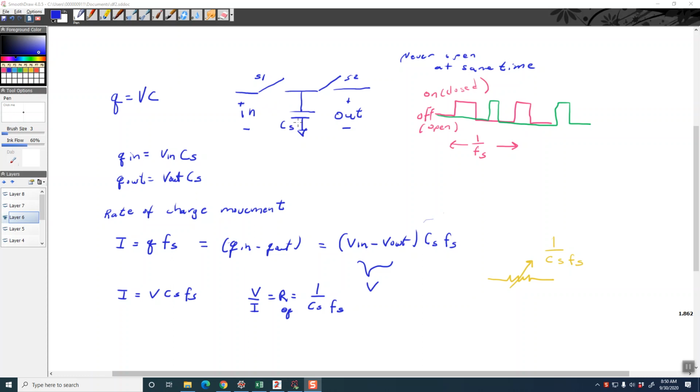And how is this done? Well, you have a capacitor and you have a switch 1 that opens and closes with a frequency of Fs, and switch 2, which opens and closes with a frequency of Fs, as seen over here. And just something important is that they're never on at the same time. So what I've drawn is a signal going up, which would close switch 1, switch 2 is open, and then